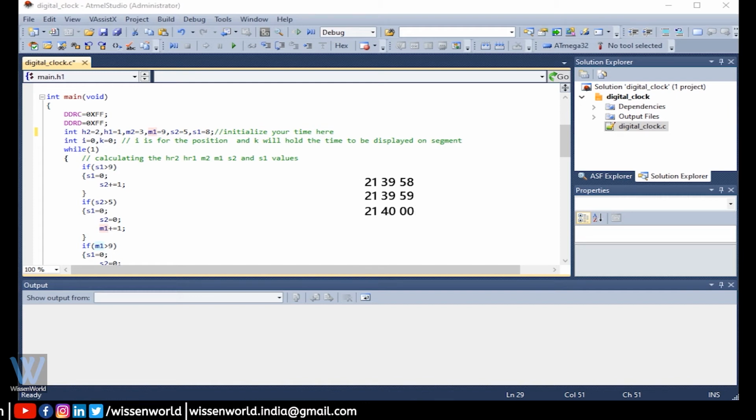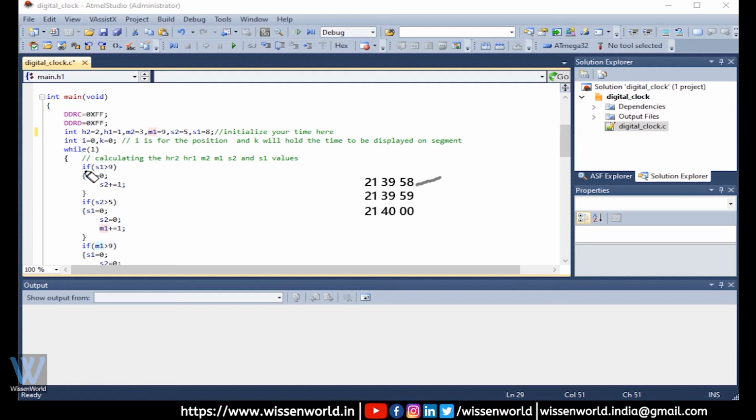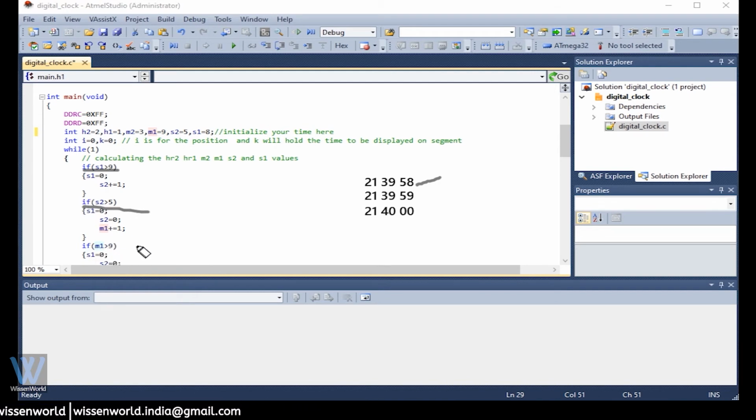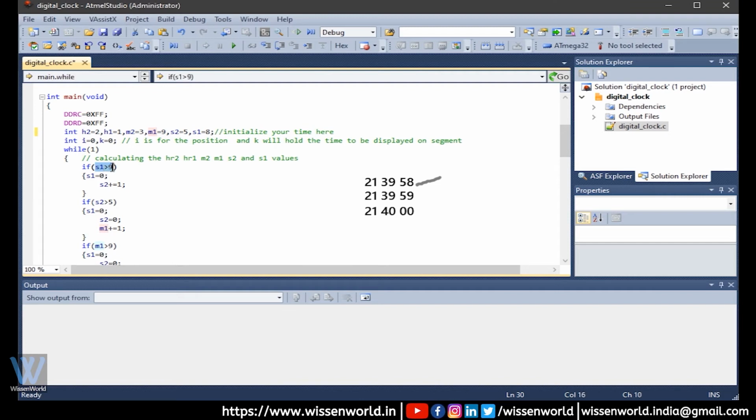So let's see. For the first case, this condition will not be true, then the other condition will also not be true because it is not incrementing here. It will increment further down. But for the second case, first these are the conditions which are required, because seconds can't go above 59. So these are the two values. Then the minute and hour would be like 24, basically greater than 23.